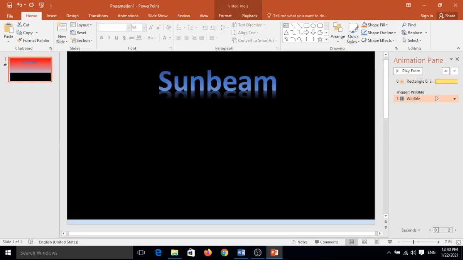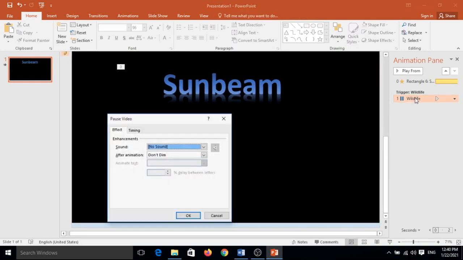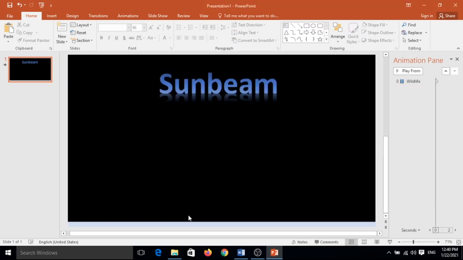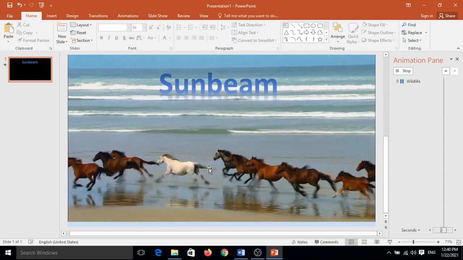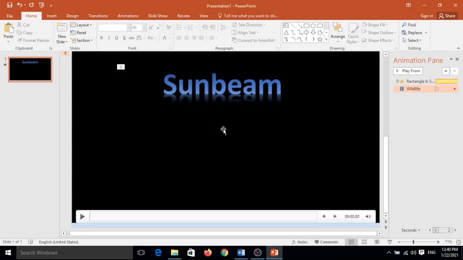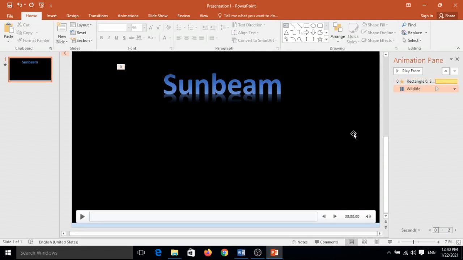Now you can add. Yes, see, very simple. You have to click that one and double click on this one. When timing is with previous, your effect is there with previous, and click on OK. Without delay it will start. So you can see, and then after, yes, these are two. First effect is this and second effect is this, but both start with that one.